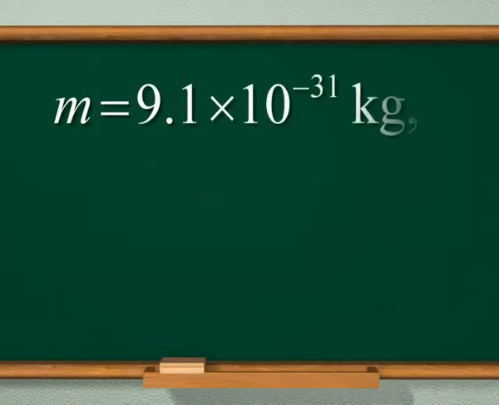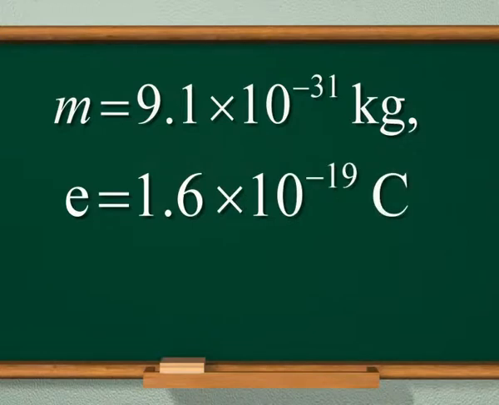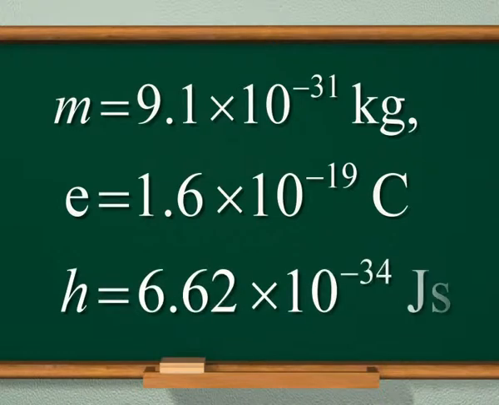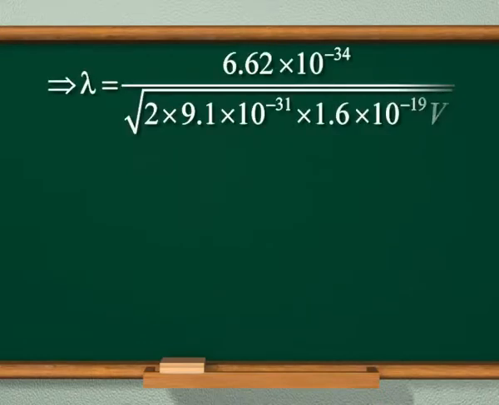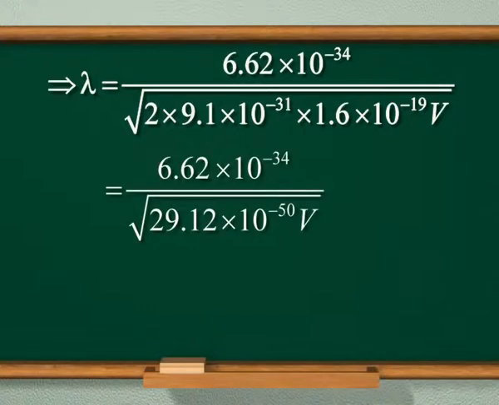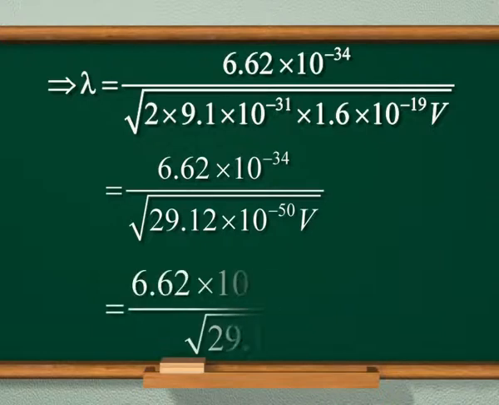Since mass of electron m is equal to 9.1 into 10 raised to the power minus 31 kilogram, charge on an electron e is equal to 1.6 into 10 raised to the power minus 19 coulomb, and h is equal to 6.62 into 10 raised to the power minus 34 joule second. Therefore, lambda is equal to 6.62 into 10 raised to the power minus 34 divided by under root 2 into 9.1 into 10 raised to the power minus 31 into 1.6 into 10 raised to the power minus 19 into V, which is equal to 6.62 into 10 raised to the power minus 34 divided by under root 29.12 into 10 raised to the power minus 50 into V, which is equal to 6.62 into 10 raised to the power